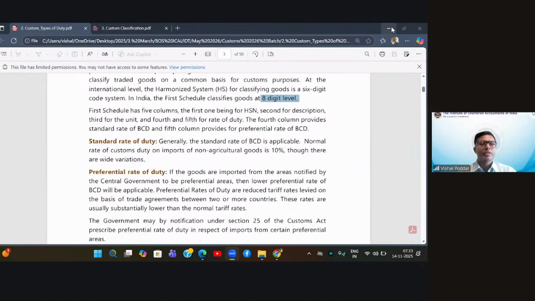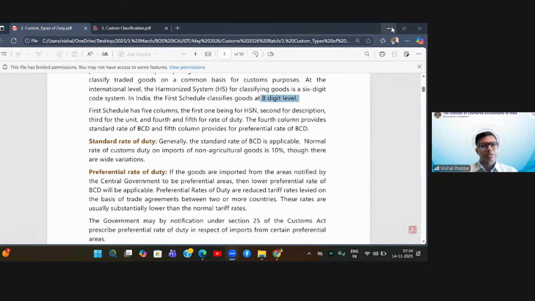So we have copied the 98 chapters in GST from the customs only, and customs has taken it from the WCO. So the same 98 chapters were there even in excise because customs and excise both dealt with goods. Same are there in GST. But since GST also covers tax on services, we decided to add one more chapter, the 99th, exclusively covering the services. That is why GST has 99 chapters when it comes to the GST tariff. Now, interestingly, these 98, now I'm talking only about customs, that is for goods.